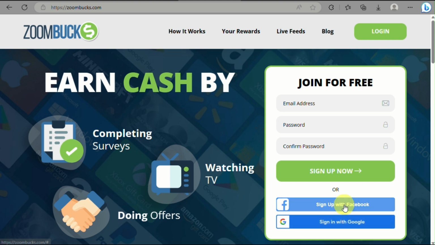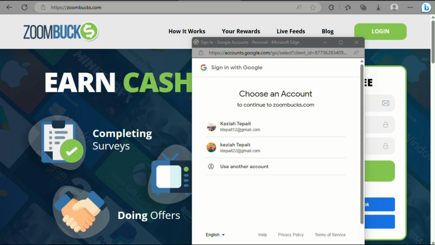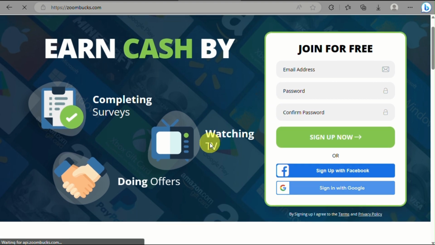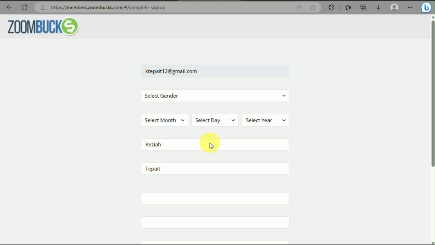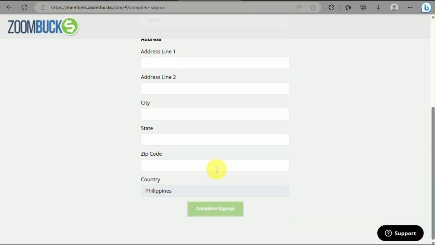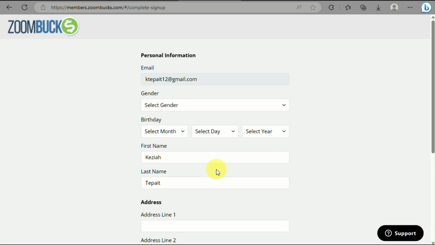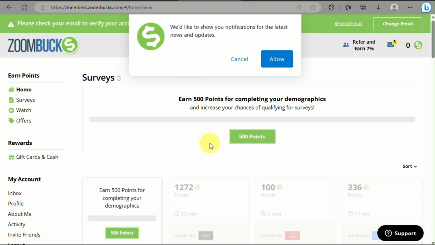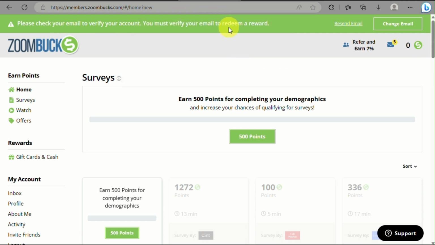So for us to create an account here, we can actually use our Facebook account or Google, or you can simply fill out the information so that you can start joining for free. When you click on join, you'll be filling out all these details. And once everything has been filled out, you will be routed into your homepage or the dashboard, where you can track and preview your progress on how many points you've earned